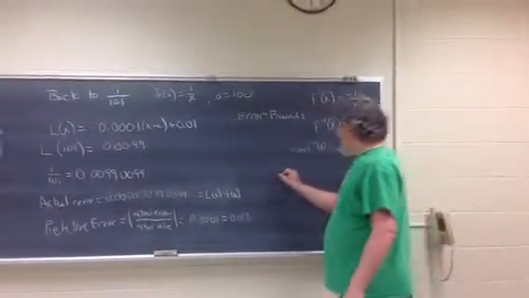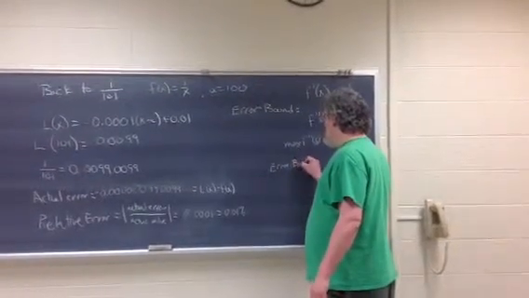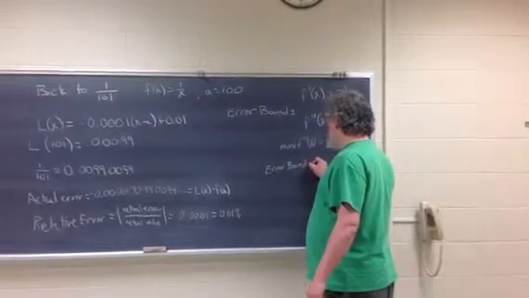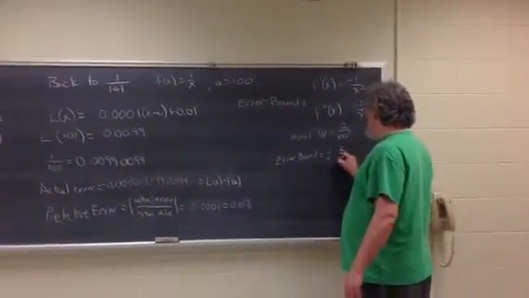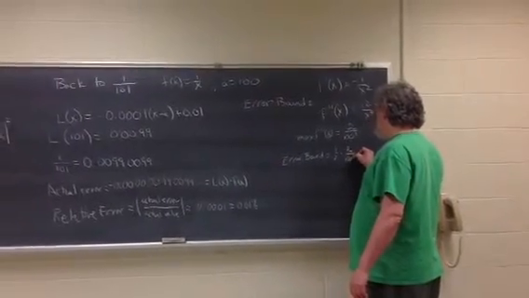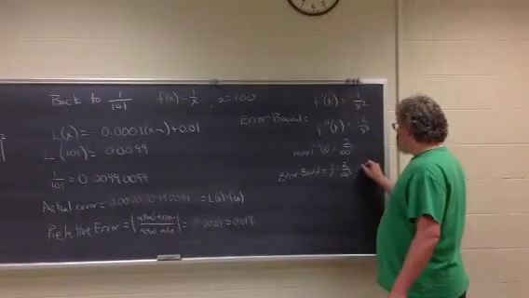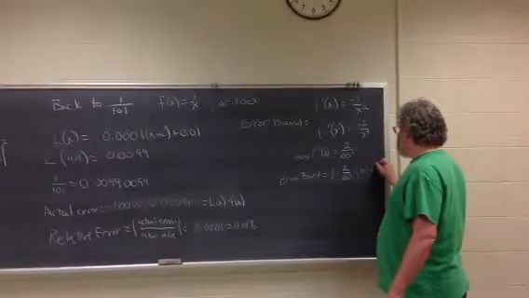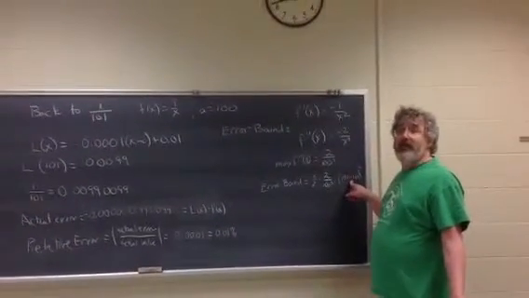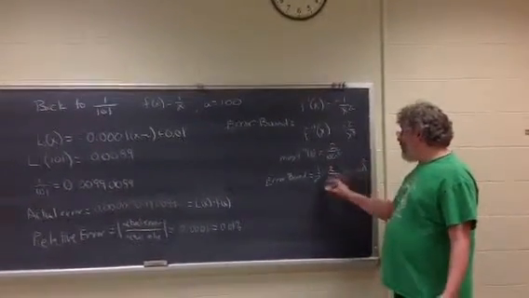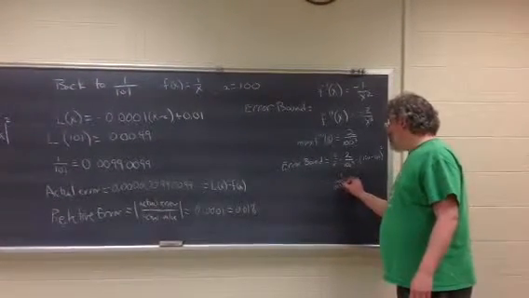So the error bound is going to be 1/2 times 2 over 100 cubed times the distance from x to a, so 101 minus 100, squared. Now that's 1, so 1 squared is still 1, that's no big deal. But if you simplify that, the 2's, you get 1 over 100 cubed,